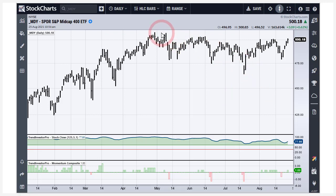They're not as good as large caps because you can see MDY peaked back here in April. So it's got these kind of lower highs working here. I could redraw that little channel line. It's kind of an adjusting channel, but it started to slope down a little bit more here and slope down a little bit more here. So you can see we got this breakout and we had a pretty hard throwback, and we broke below that